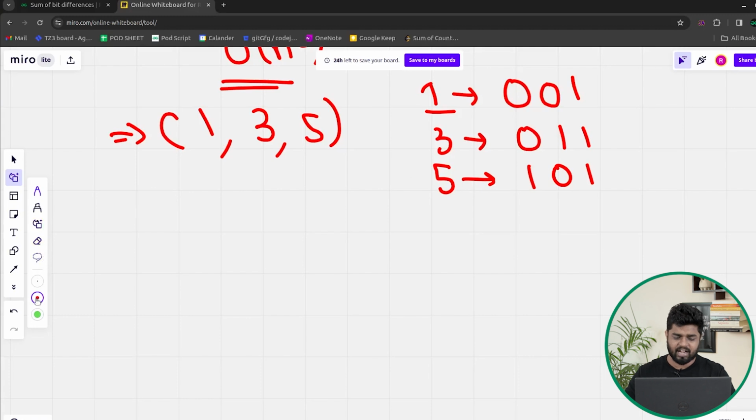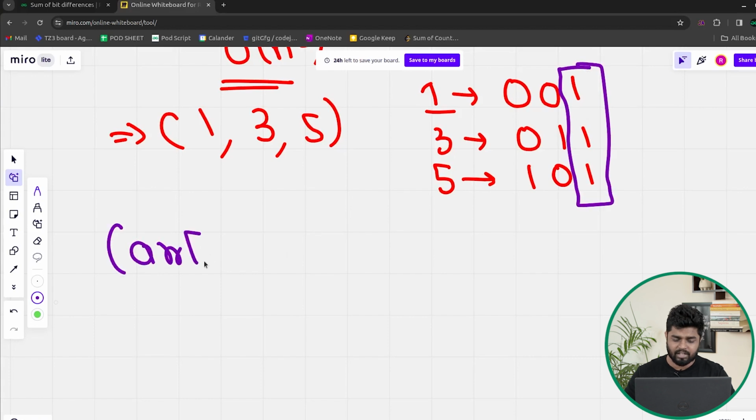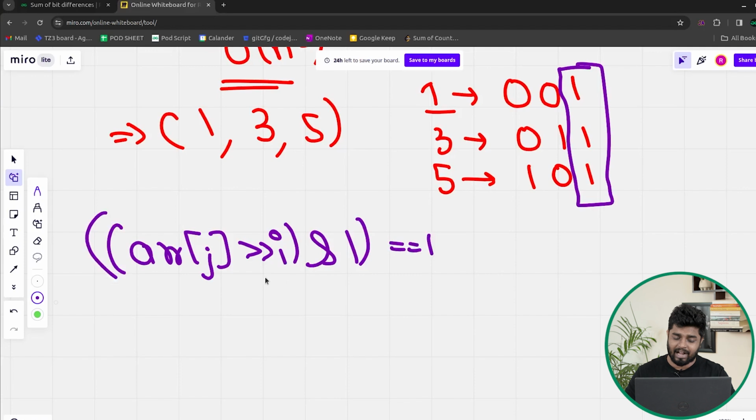So let's say I will check for the very last position. So let me change the color. If I check for the 0th position, how can you check if a bit is set or not? Suppose you are at the jth element and you have to check if the ith bit is set or not. You can left shift 1 by i, and do an AND with the element. If this value is 1, then you can say that the ith bit is set in the jth element